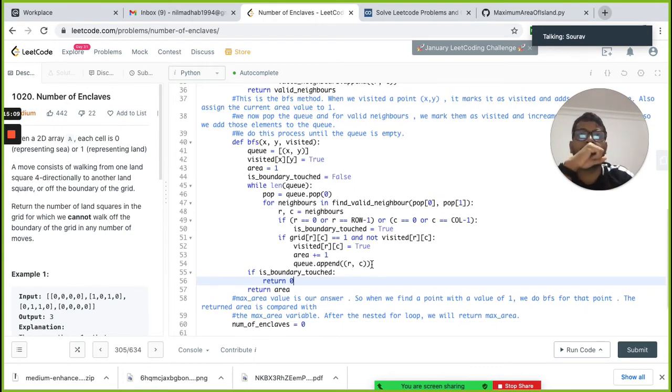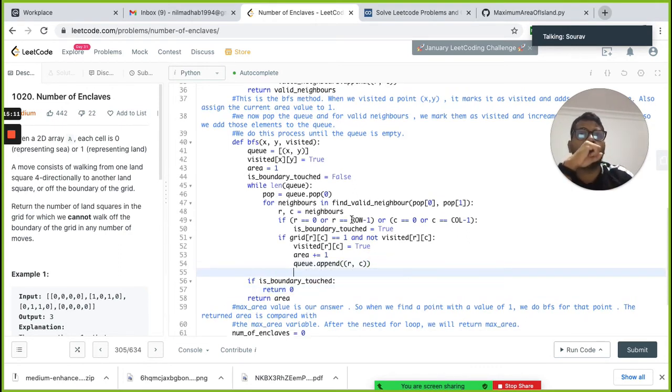Does it make sense? I have a question: why, when you reach the boundary touched, are we not breaking, and we are still doing the BFS?